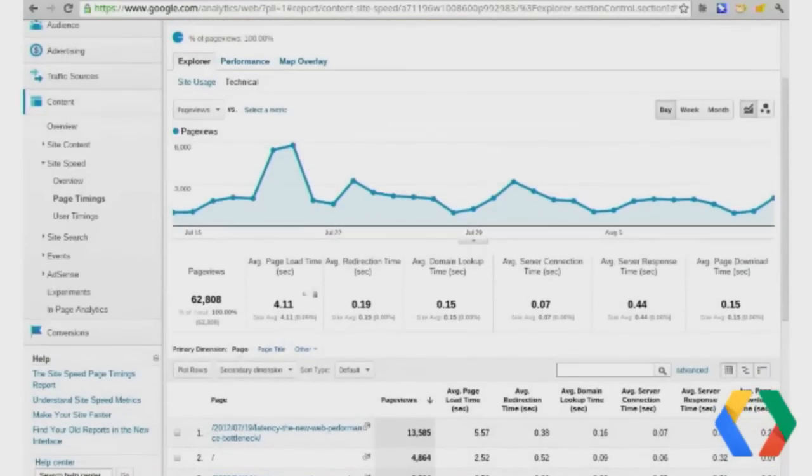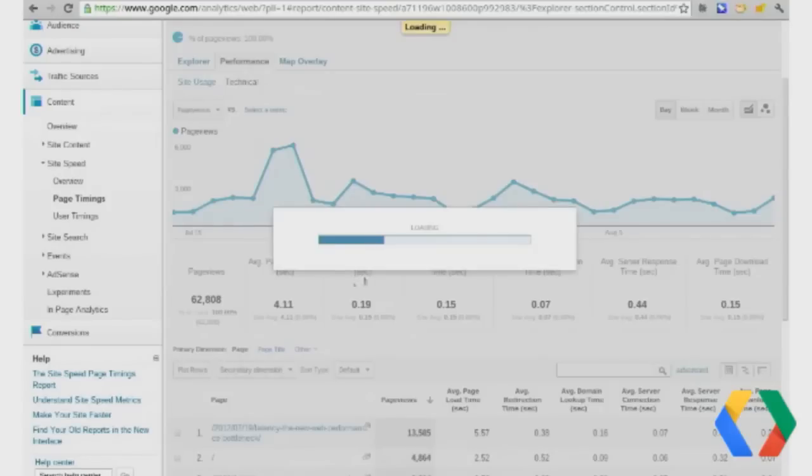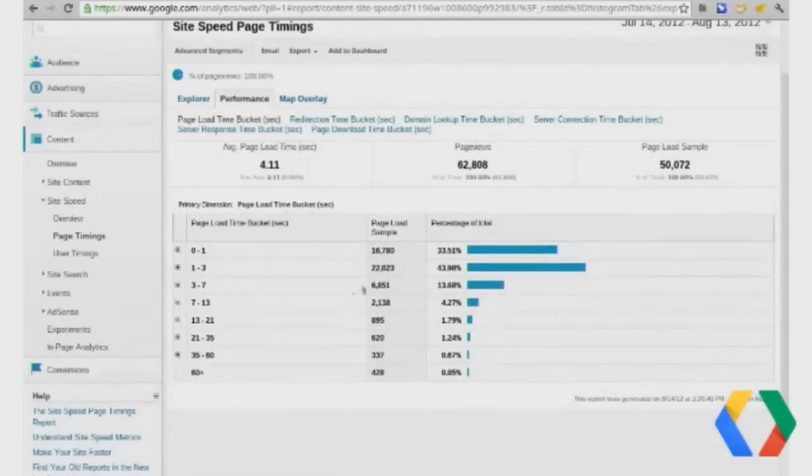Now, the second one is, let's go into performance here. Averages are very good and useful, but they can be misleading. Absolutely. Especially when you talk about web performance. Because what you find is you'll get skewed distributions, right? You have kind of peaks and valleys. And when you just compute an average of it, it may completely hide the entire story.